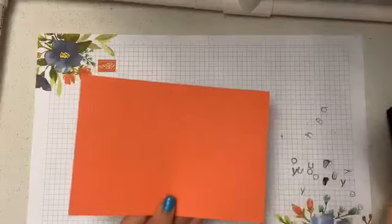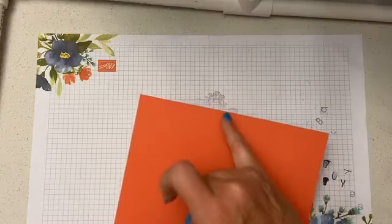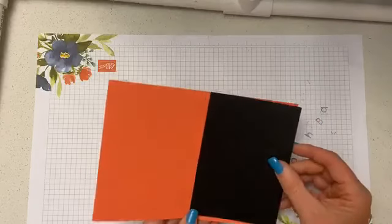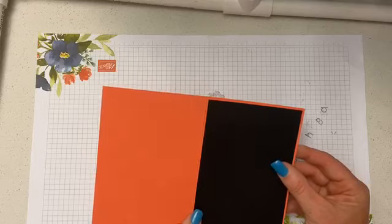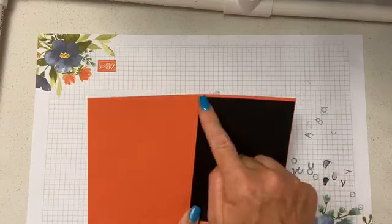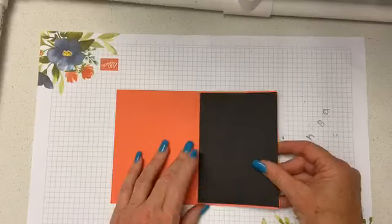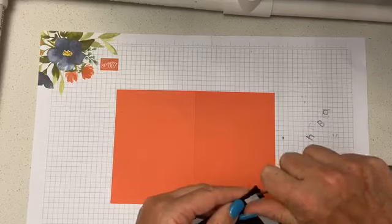So I've got a card base of 14.5 centimetres by 21 and then scored it at 10.5. The basic black goes on top of that, and that's a 0.5 centimetre smaller. So 14 centimetres by 10 centimetres across. So I'm going to use my pick, take your pick, I mean,